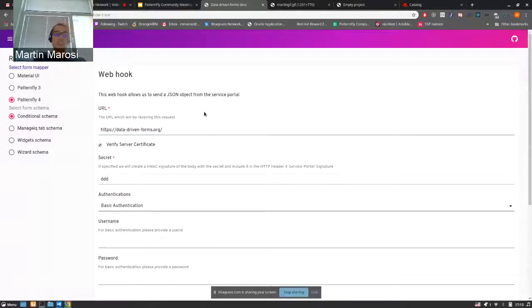The main reason why we did this is mostly because of CloudForms. CloudForms right now is trying to use PatternFly 3, and everybody wants it to be using PatternFly 4, but we've got a huge technical debt in our hands in other areas than just forms. But because a lot of the UI is just forms, we started writing these forms using the data-driven forms. Oh, I'm saying forms a lot. Anyway, once the switch comes, we can just switch the component mapper, and all of the UI which is using data-driven forms will be converted to PatternFly 4 very, very easily